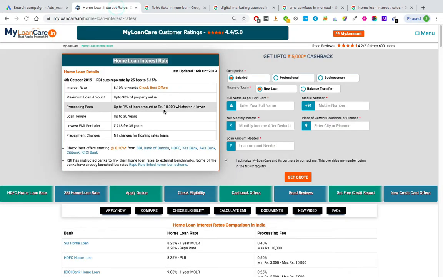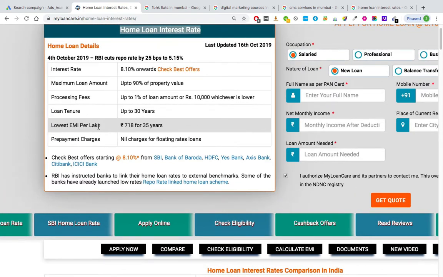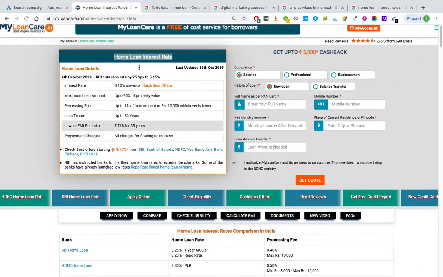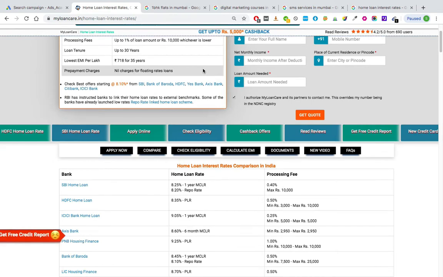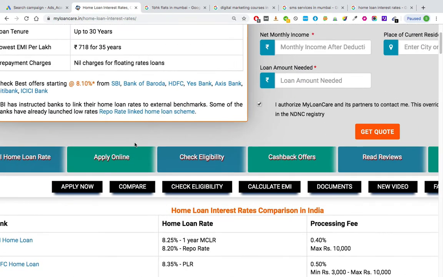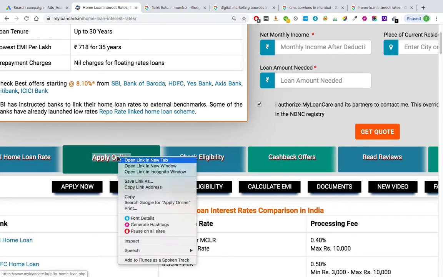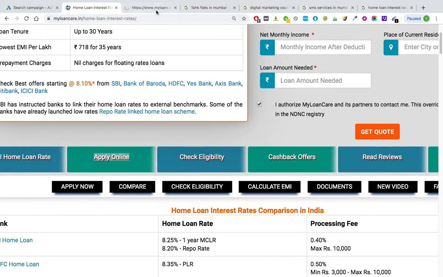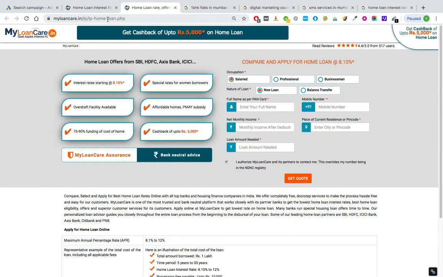So this is our business, right? This is what we are marketing, and let us look at the possible site link options. So this is the actual landing page, but additionally I would like to give the individual an option of applying online. Okay, let me just click and see what kind of URL it is. Apply for home loan.